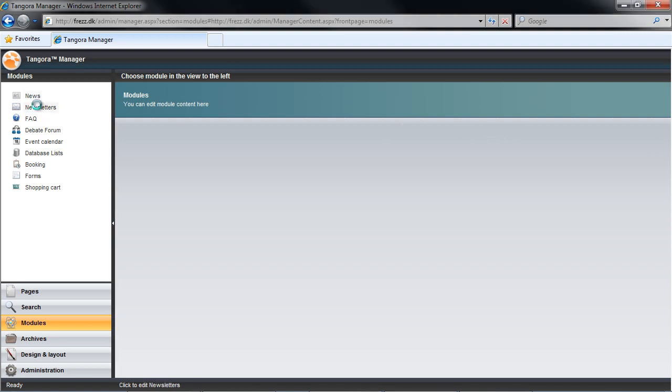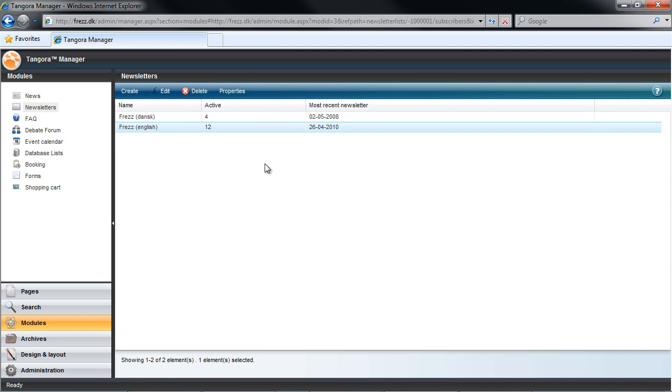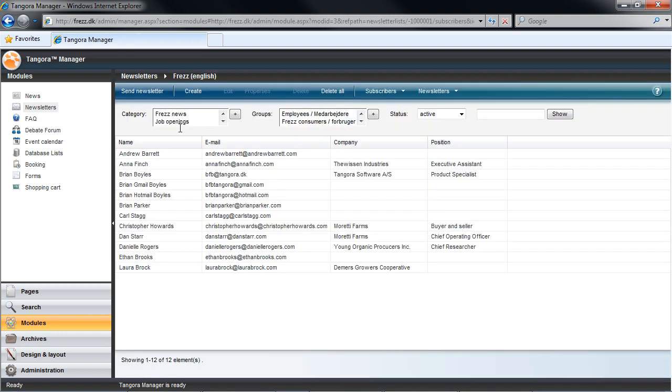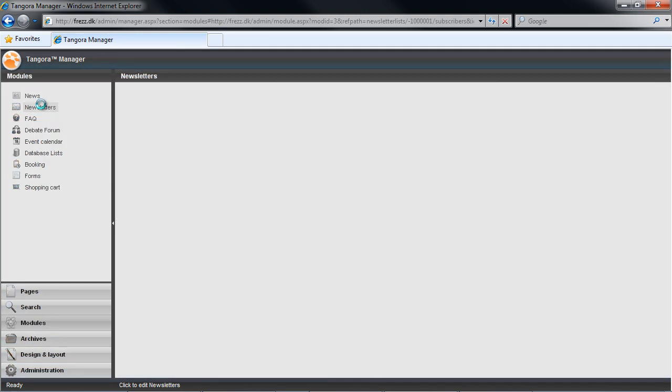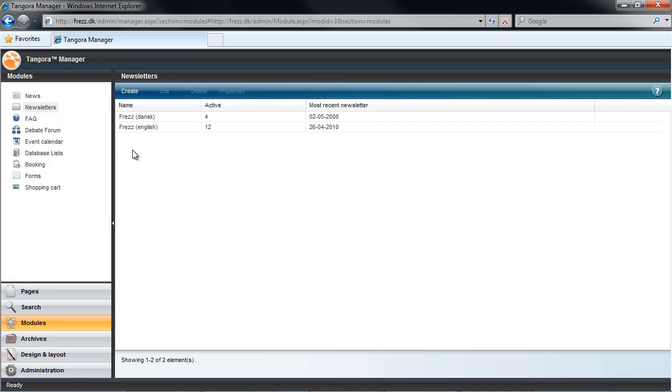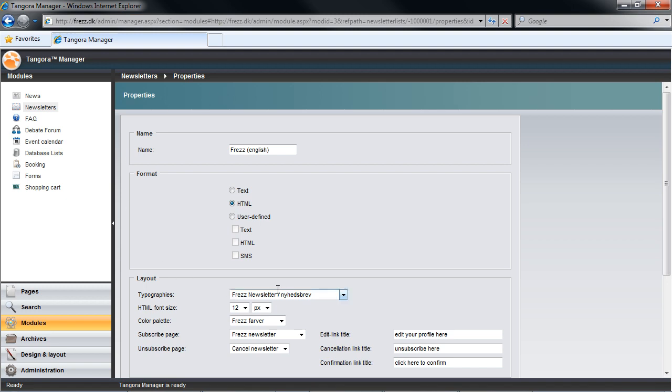In the previous series, we've been looking at the subscriber interface a lot, which we access by going into the newsletter module and by selecting the relevant list of subscribers and either hitting edit or double-clicking. And if I were in this view and I wanted to get back to the overview of the subscribers database or subscribers lists, I could either use the breadcrumb path up here, or I could simply click on the newsletter module from the list of available modules in the left-hand column. So when I come into this view, I can select a subscriber list and click on Properties. And here we have a Properties interface where we can, among other things, edit the name of this newsletter database.